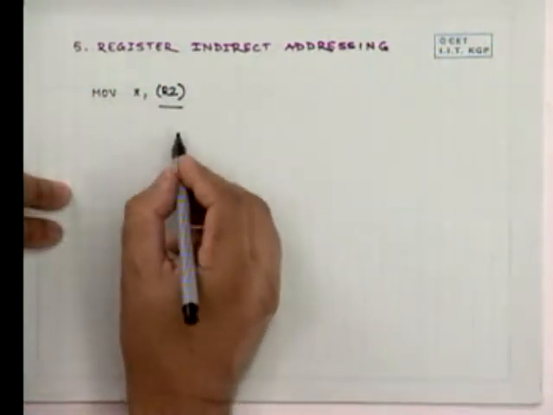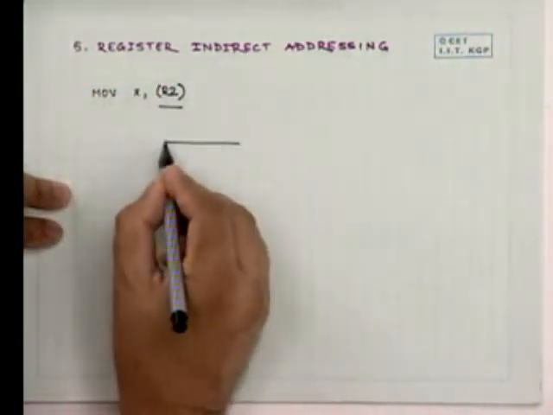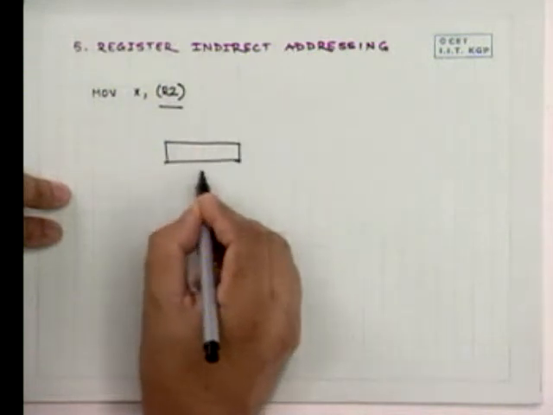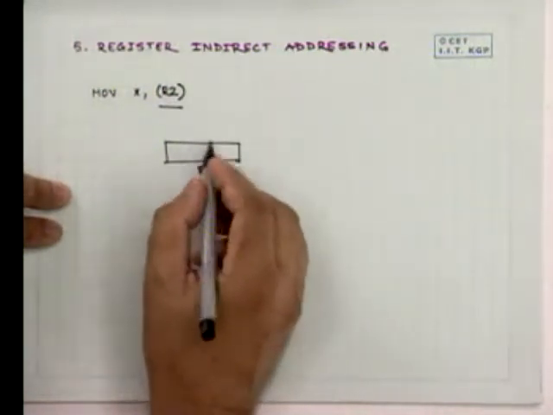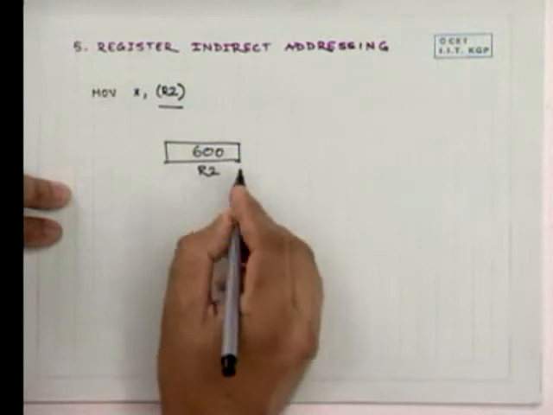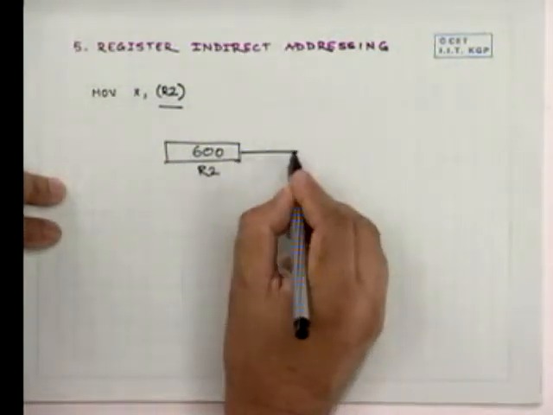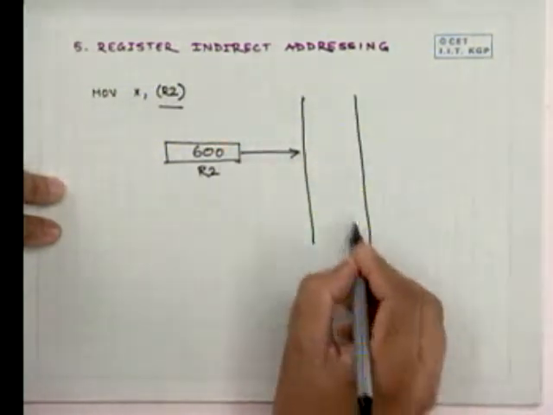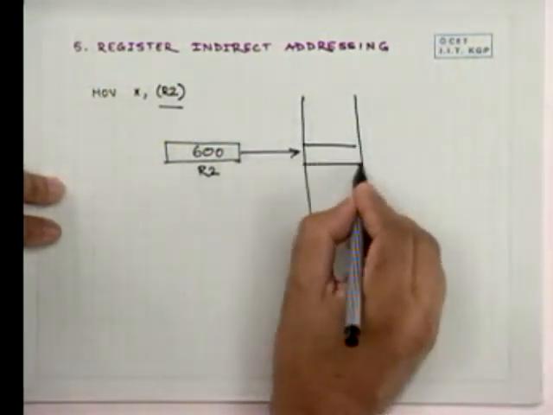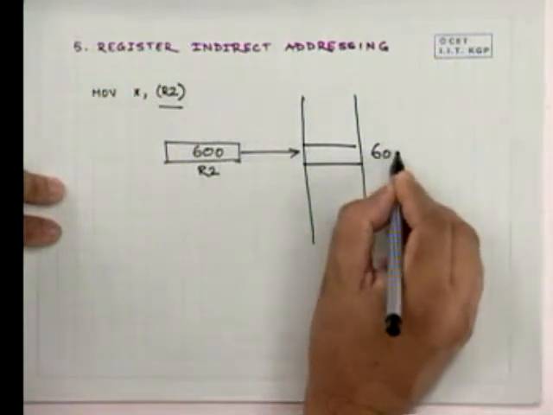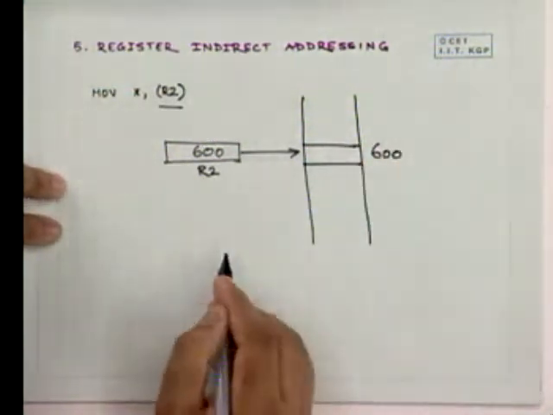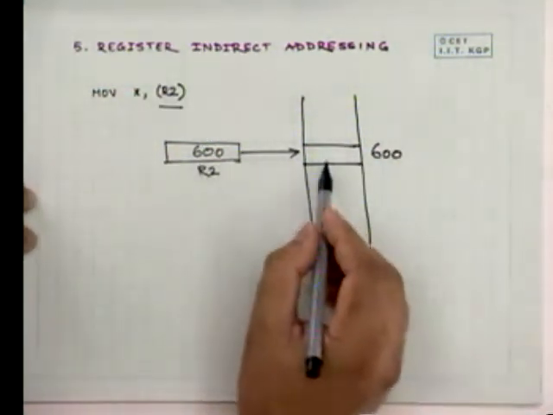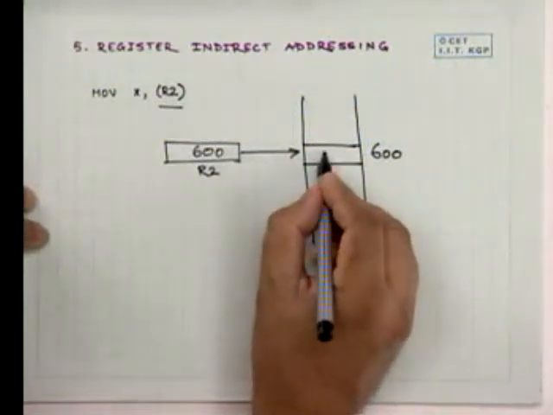For example, if this is R2 and say it is containing 600, and say this is a memory and this is the 600 location, then the content of this 600, say this is